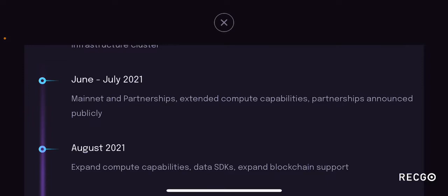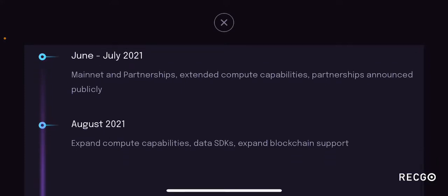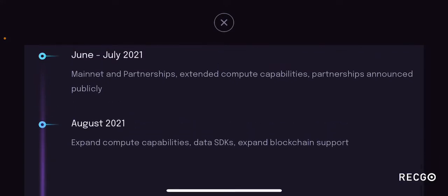and extended compute capabilities, partnerships announced publicly. So again, they'll probably announce some of their important partnerships with their other partners during June to July. And if you see August, they plan to expand in compute capabilities, data SDKs, expand blockchain support. They're basically trying to expand their support, and it's surprising how there is no real roadmap after August, but I